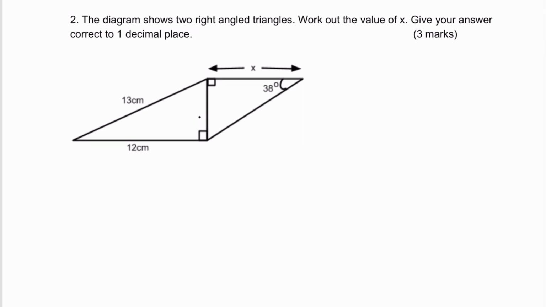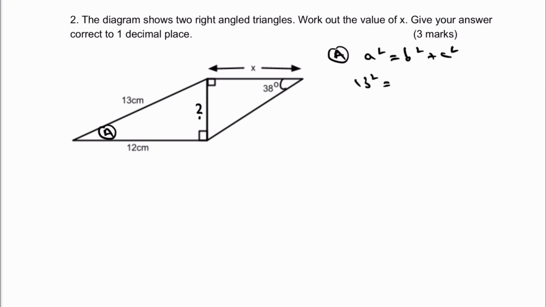Okay, so on to question number 2, where effectively I'm looking at triangle A. Now triangle A, I can use Pythagoras, which is a squared equals b squared plus c squared, and that will help me work out this missing side of triangle A. So what I can say is that the hypotenuse is A, so that's going to be